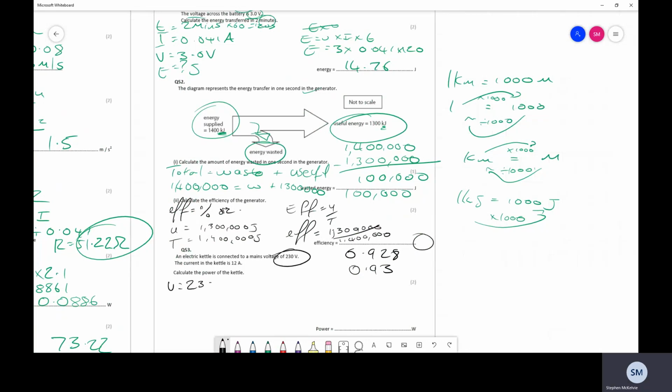Voltage is 230 volts. The current in the kettle is 12 amps. Calculate the power in the kettle. P is equal to I times V. The power is equal to 12 times 230. I shall pop that into my calculator, giving me an answer of